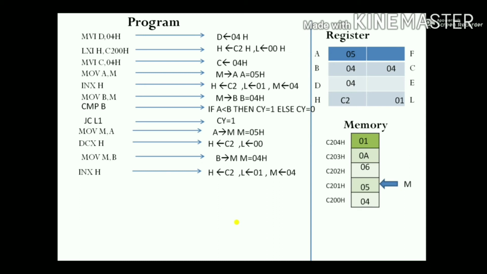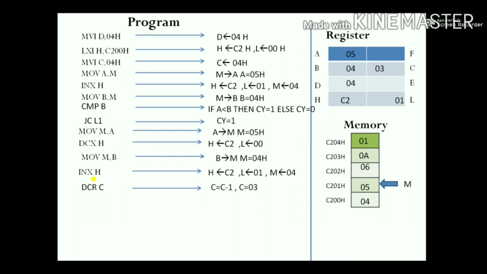When we say we are going one step ahead, it means we need to decrement the counter. Why? One comparison is done. Now it's time for the second comparison. It means we are decrementing the counter, and the counter used to compare is counter C. In each pass we are using counter C as a counter. Now we decrement the counter using the instruction DCR C. It means C equals C minus 1. Now C will be 03H.